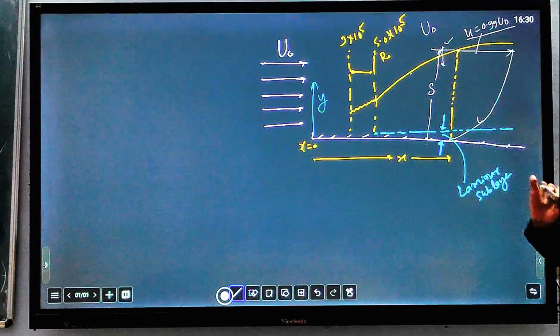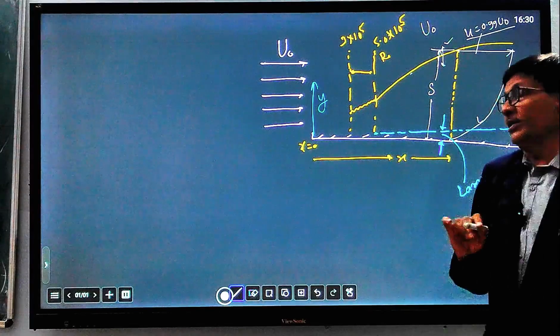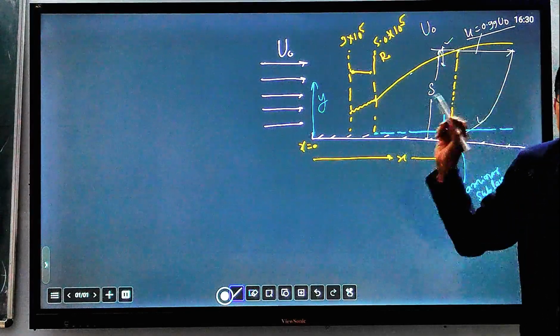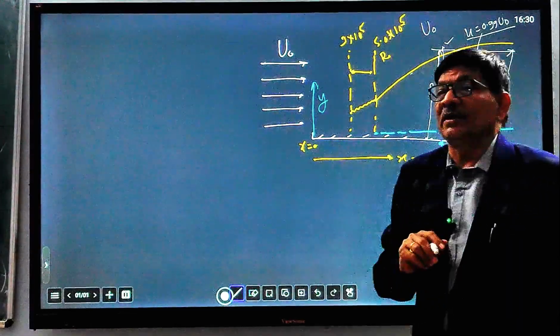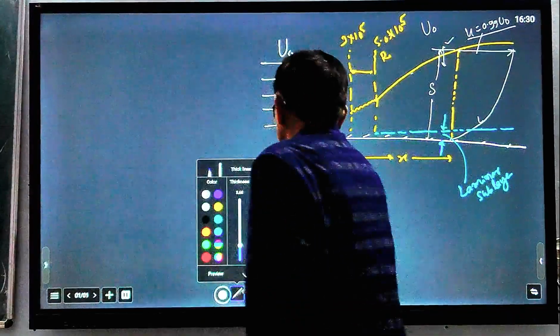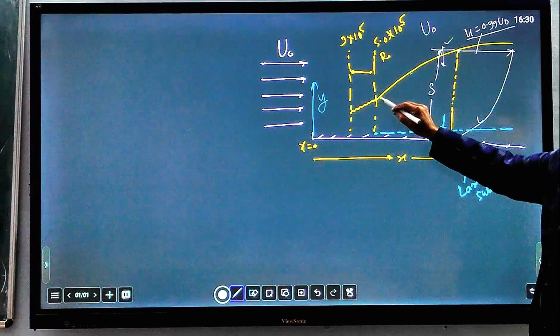So at that point, the thickness of the boundary layer is the distance from the surface to the boundary. This layer is known as a boundary layer. This is where we can define boundary layer thickness. Other parameters that we are going to define are, besides this boundary layer thickness, here you can see flow properties